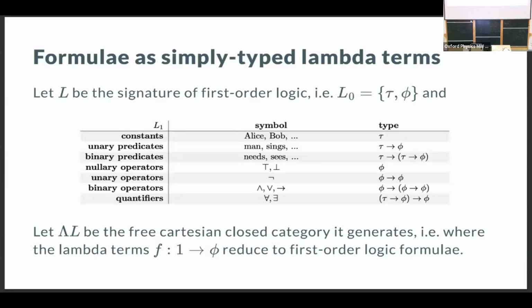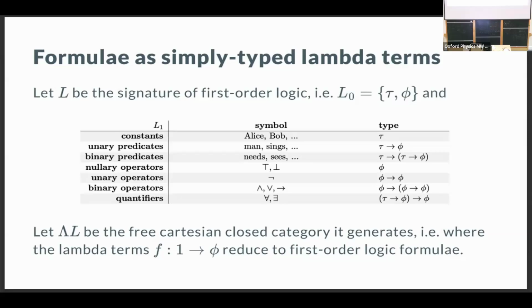And these come with 2 basic types, I guess I must say, with tau for the terms and phi for the formulae. So for example, a quantifier will be something that takes a predicate, so a function from terms to formulae, and returns a new formula. And now in this free Cartesian closed category, the morphisms of type phi, so the closed lambda terms, will reduce to first order logic formulae. So yeah, that's a way of encoding the syntax of first order logic as lambda terms,